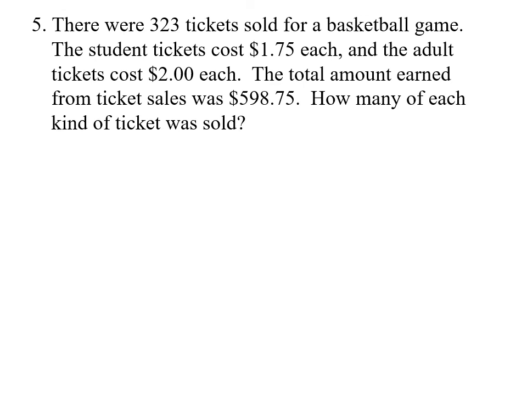There were 323 total tickets sold. So I have to have one of them be x and one of them be y. So I'm going to let the students be x, the adults be the y. And so I know all of the students and all of the adults made 323 tickets sold. The other equation is the money equation. So the student tickets were $1.75 each. So I'd have $1.75 for the x. And I would have $2 for the y for the adults. That would give me a total amount of money of